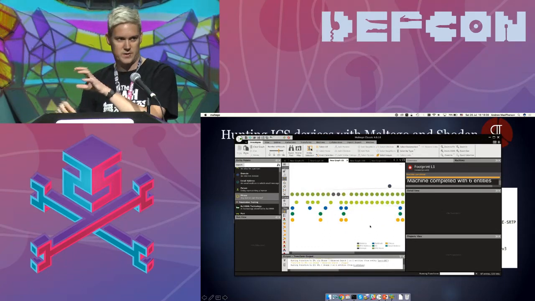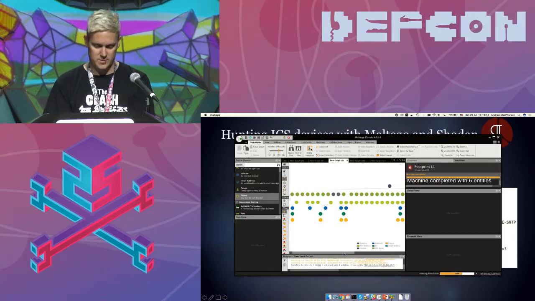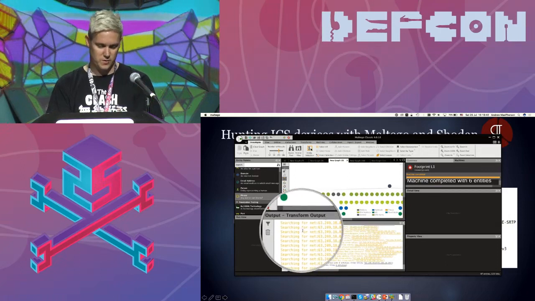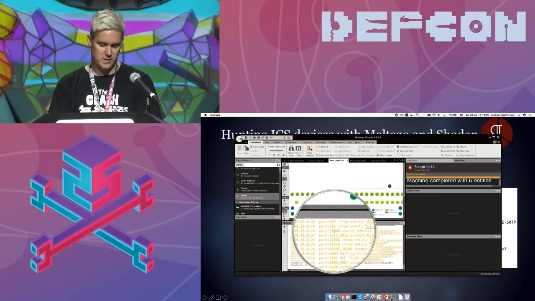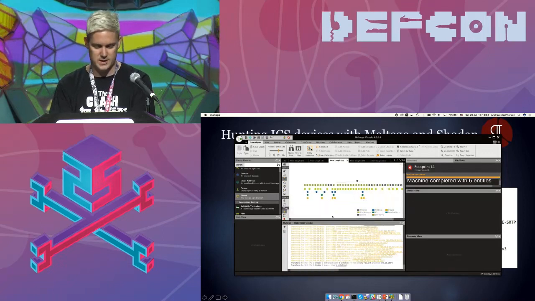will search for each individual port, each individual property that we have that will make these identifiable. And here at the bottom you can see, I just put the output on so you can see what's there. It says searching for net colon, whatever the CIDR, every port or source address or whatever else, and you'll see here that you got actually no results.